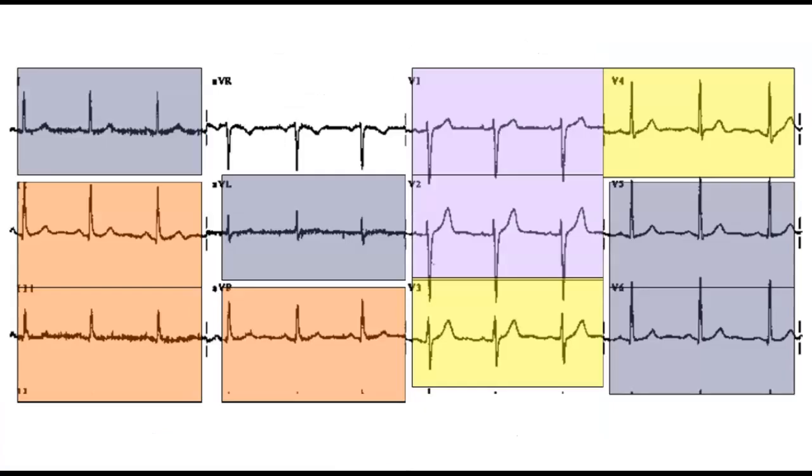So let's look at this again. If we have leads 1, 2, 3, and 4, we're looking at families. Leads 1 and 2 are both sides of your septum, so they're called septal leads. Leads 3 and 4 are on the front of your patient, so they're called anterior leads. Actually, technically, leads 1, 2, 3, and 4 are all called anterior leads. They really do go together, so those four are considered one family. And leads 5 and 6 are your lateral leads. They're on the side of the patient.